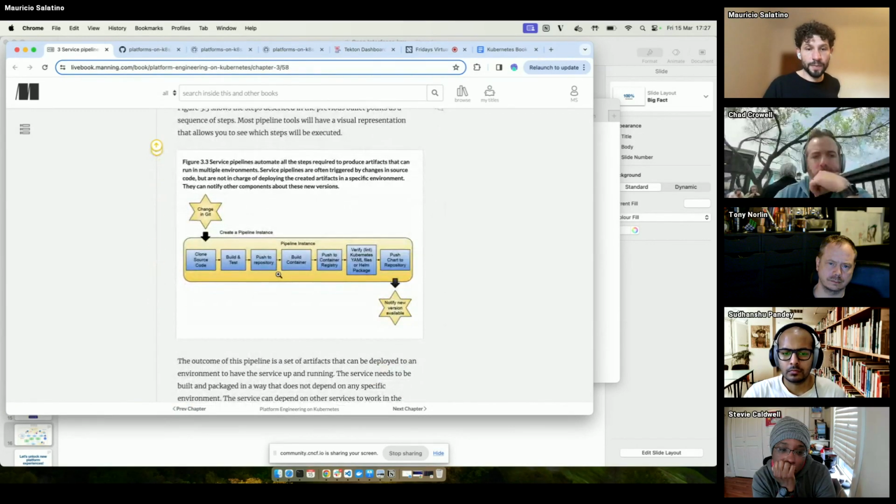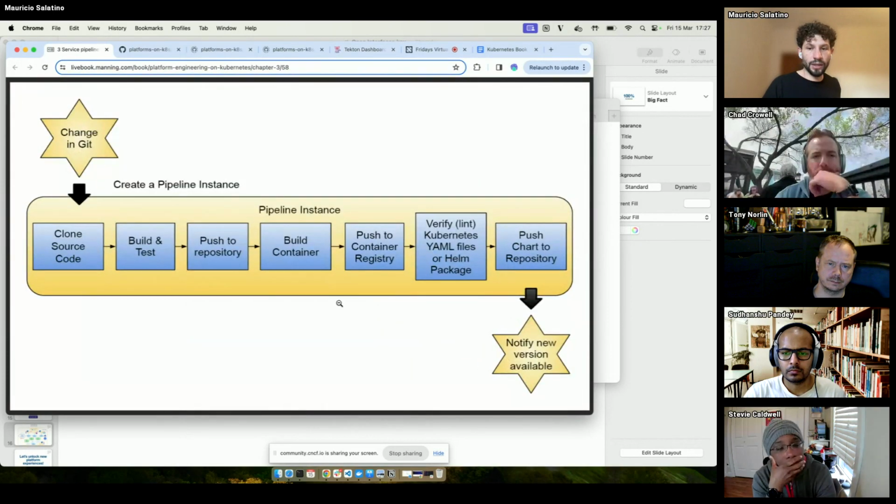It can get really complicated, but I go through the main steps here in the diagram, where I'm trying to summarize all the steps that you might find. And I try to basically say, okay, this is what a service pipeline is, at least in my head conceptually. You will do many more things in real life, but conceptually you should find